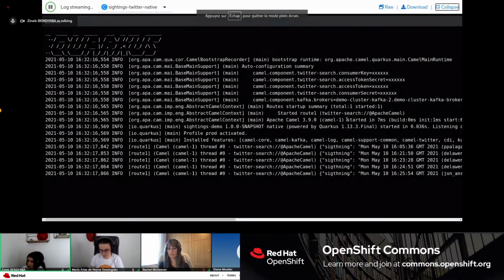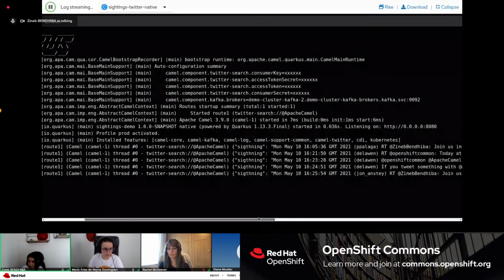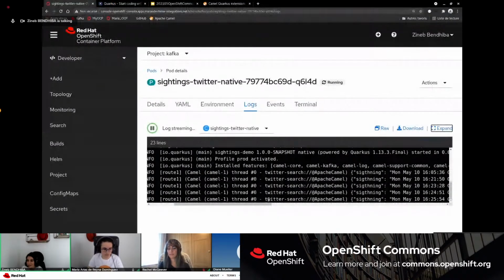And like you can see here, it's the same app, the same Camel routes, but instead of starting in 435 milliseconds, it started in only 7 milliseconds. And it's already getting some tweets. So this is it. If someone wants to tweet something and we see it live, I can stop sharing, and